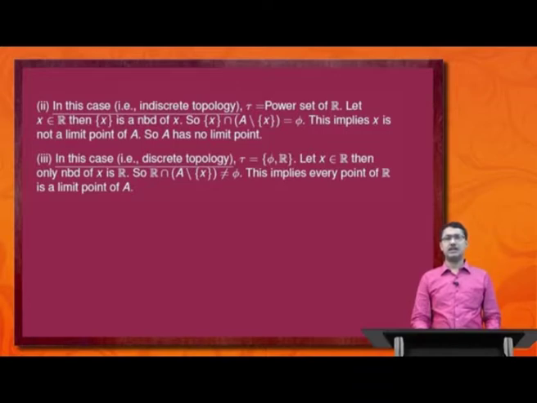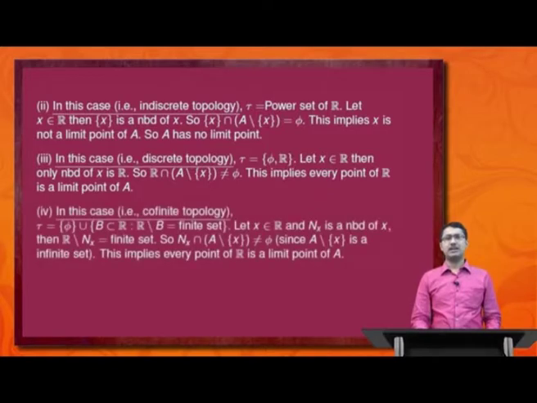So R intersection A minus singleton x is not equal to phi. This implies every point of R is a limit point of A. And finally, for example 4, in the case we consider the cofinite topology, then tau is of the form